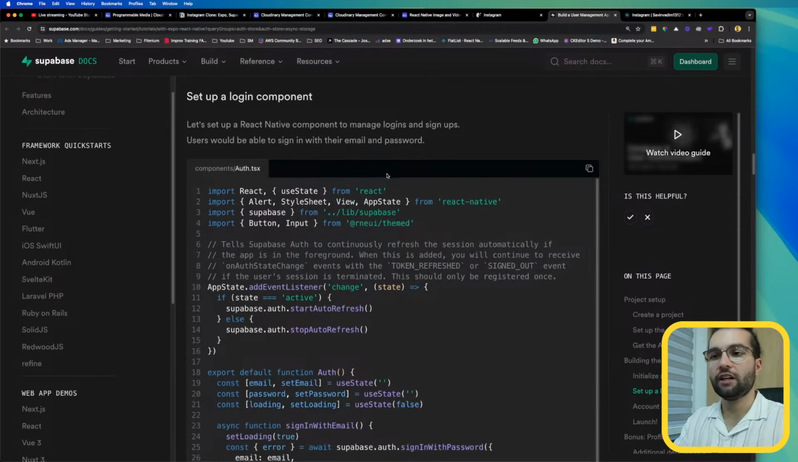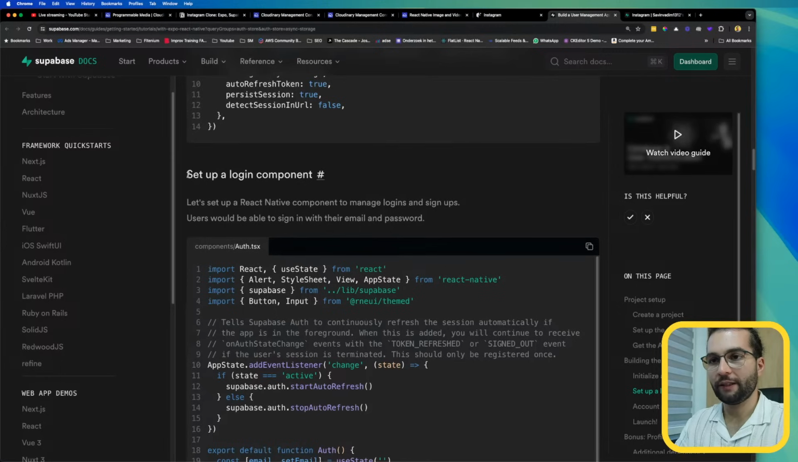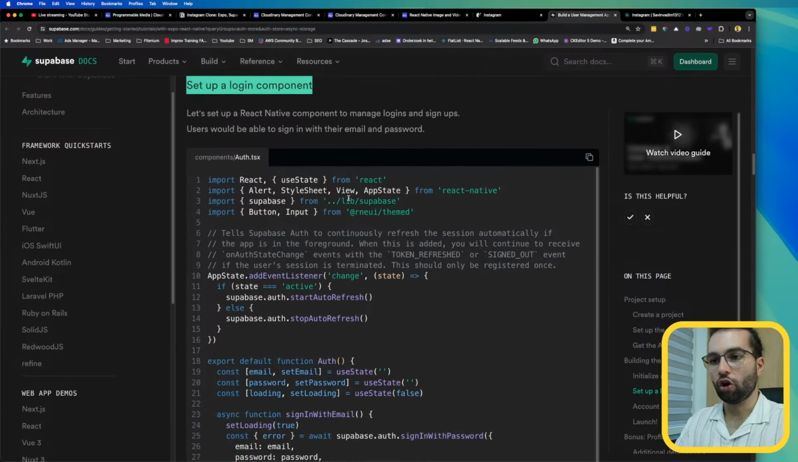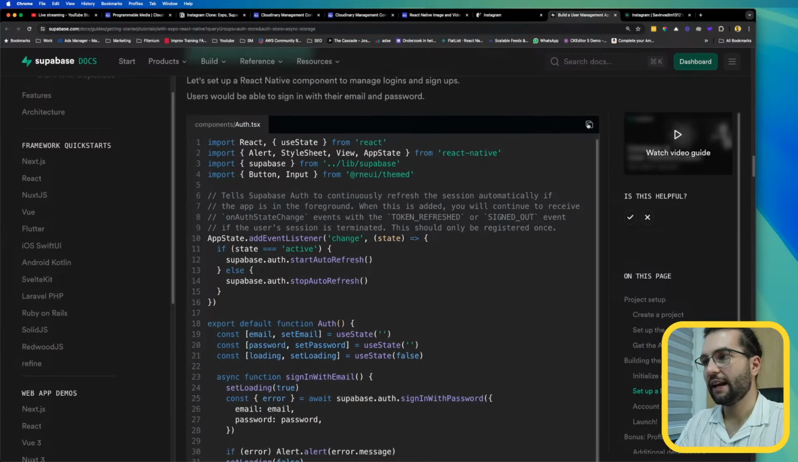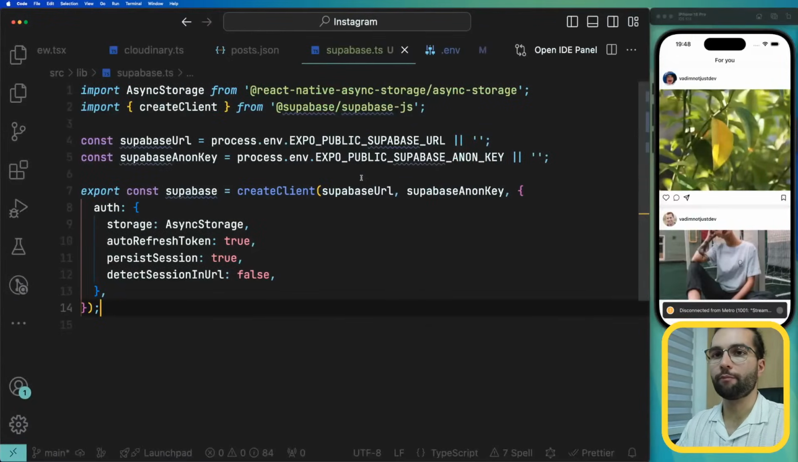Let's continue. To enable authentication, we don't have to do anything. On Supabase, authentication is automatically enabled, and it's also working on the database layer, which is amazing because we can do some kind of connections between authenticated users and some other tables. Let's go in the documentation under the setup a login component, and let's copy this code. Let's go in our project,